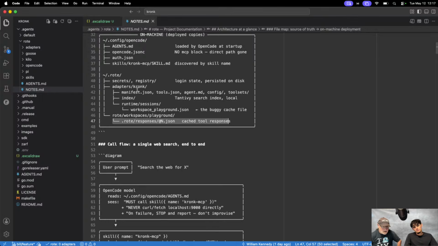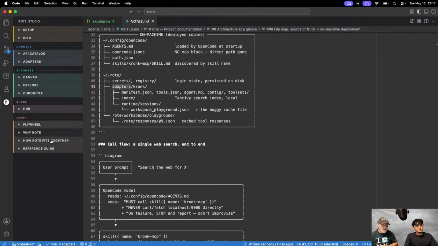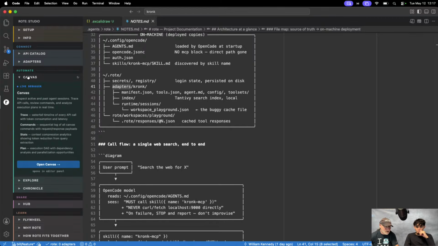So there's a whole series of creating adapters, and then I'll show you the canvas. In fact, to make it easy for everybody today to get rote installed, they've started with a VS Code plugin. And this is how they're delivering a UI. This is just day one. They're going to be doing much more than this. Now, I have all the CLI commands already in the makefile, so I don't really open this up. But once I start doing things, we can open this up and look.